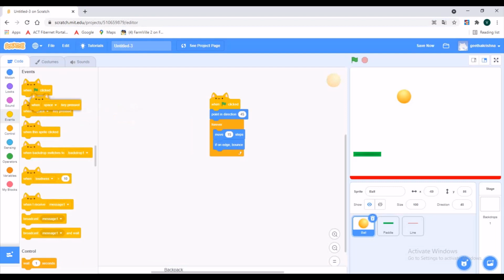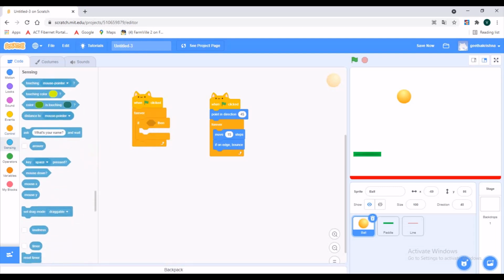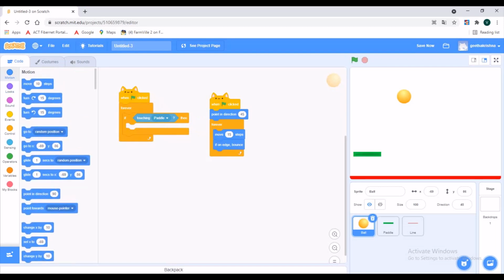Select when flag button clicked block, and then go to control, select forever block, select if then block and place it inside the forever block. Go to sensing and select touching mouse pointer and place it after if. Change the mouse pointer to the paddle and then select